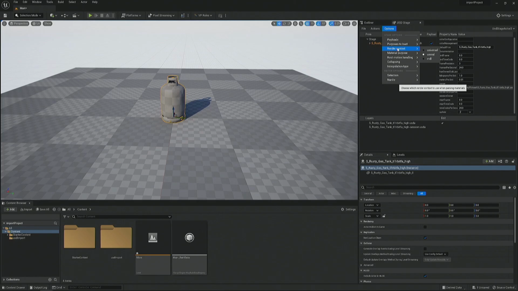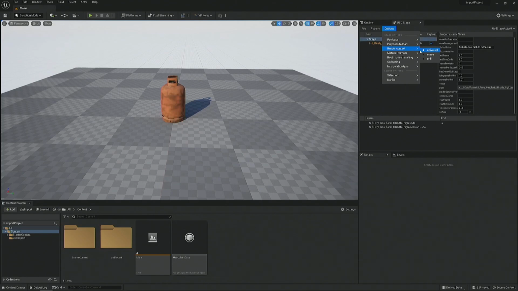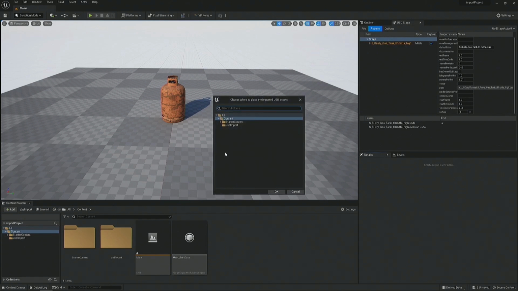So that's when you change the render context to universal, and then when you do that, you're getting the textures showing up. When it imports it in, it turns it into a static mesh. It comes in with the material instance and pops it into whatever folder you've chosen within the content browser to bring it in.